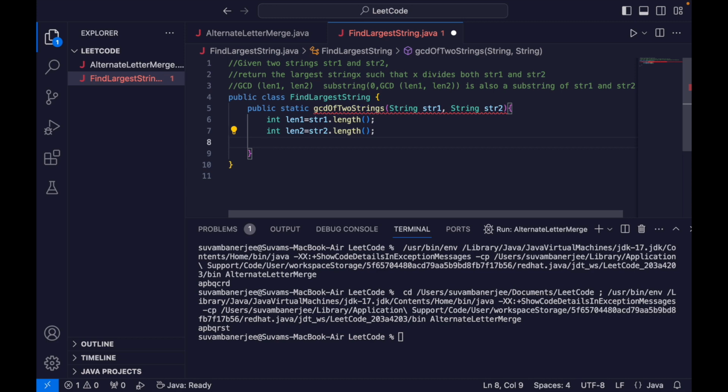The next step is to find the GCD of length 1 and length 2. Then what is the next step? The next step is the substring